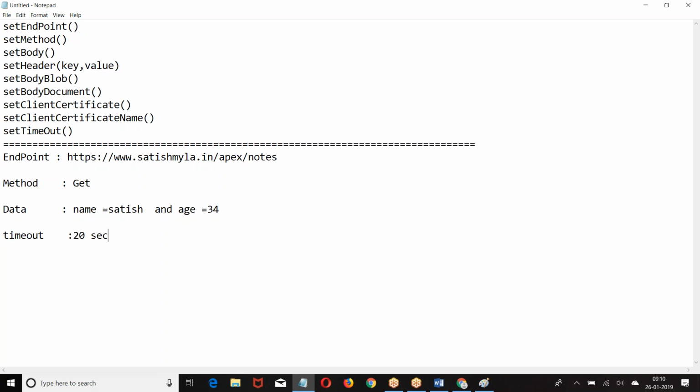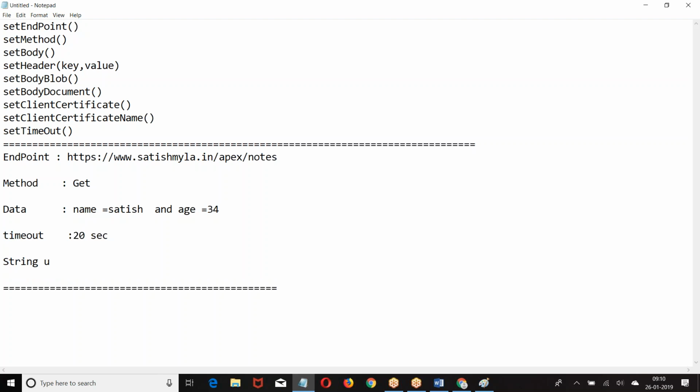Now create a request. In the get method, if the method is get, how do you pass the data? Data you have to pass in the URL. So look at the point.